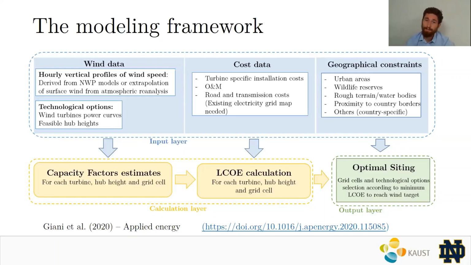So the idea is to take into account, I mean, there is much more than this, and now I'm simplifying this. If you want more details, there's actually a paper published about all this framework. But basically, we are combining a lot of data coming from different sources, so wind data, cost data, geographical data, and so on. And the very output of all the procedure is what we call optimal siting. So basically, we can select the areas in which it is most cost efficient to build or harvest wind energy.